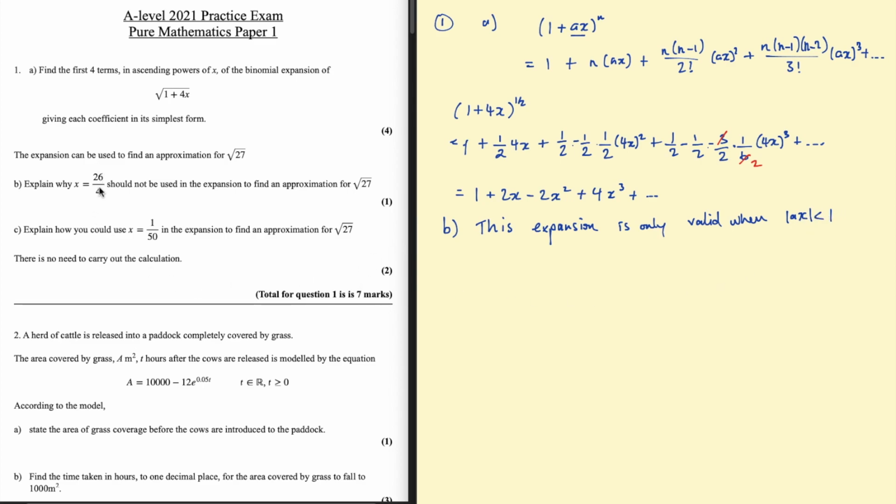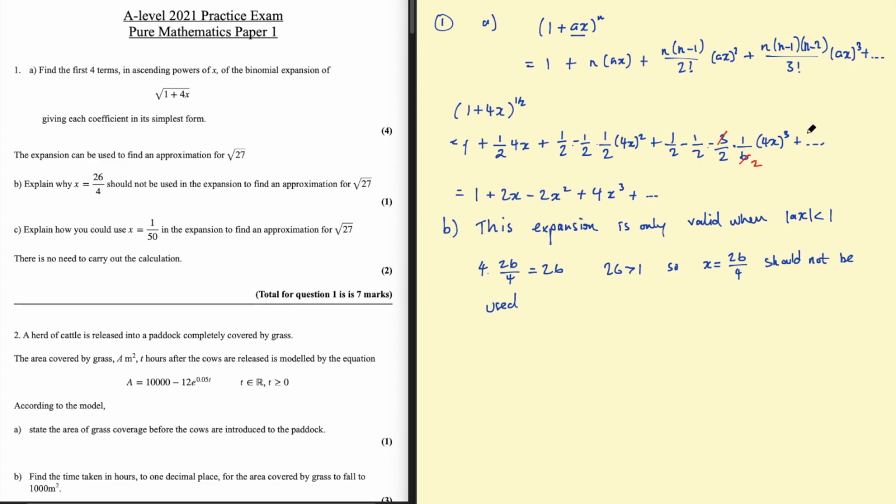So if we have 26 on 4, we would have 4 times 26 on 4, which equals 26, which is clearly, the absolute value of 26 is clearly not less than 1. So you can just say, 26 is greater than 1, so this is not a valid value for x. So x equals 26 on 4 should not be used, and this is because, when you do this expansion, if